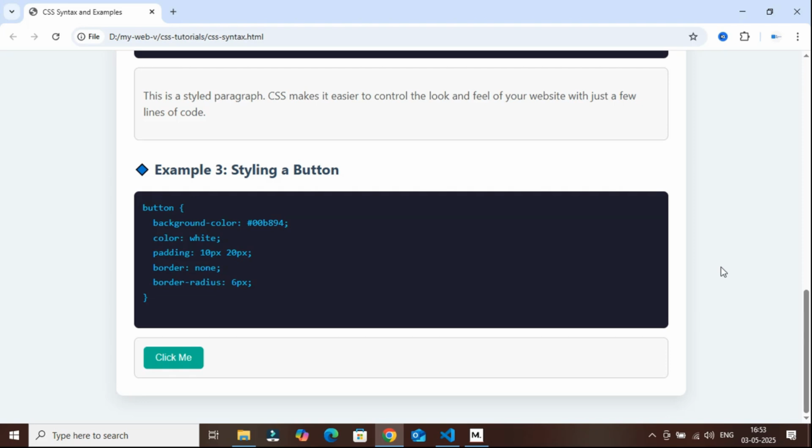Now, we will take an HTML button. As you can see, the button contains some CSS properties like background color, padding, border radius, color and border properties. These detailed properties you can learn in upcoming topics. Now, check the styled button below with green color, white text and some border properties.